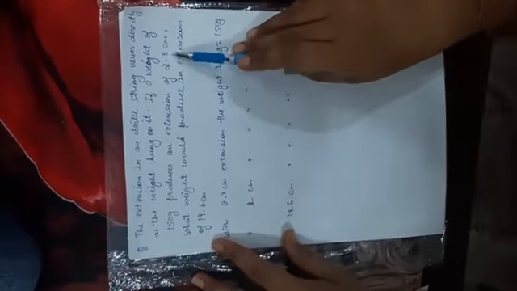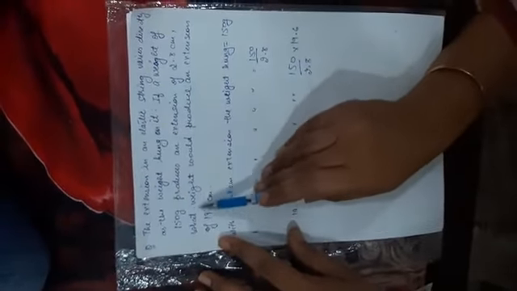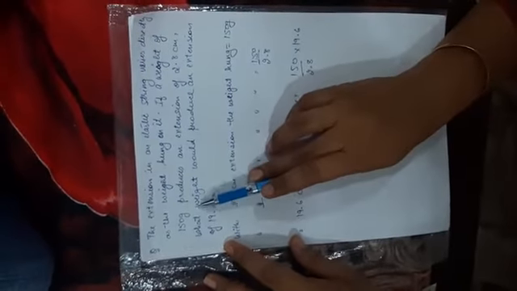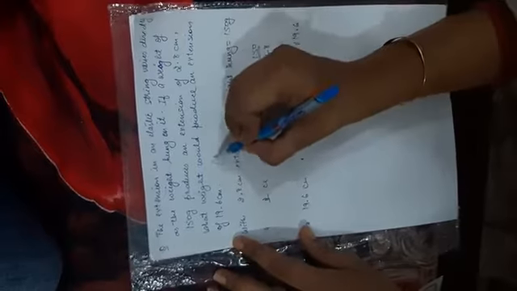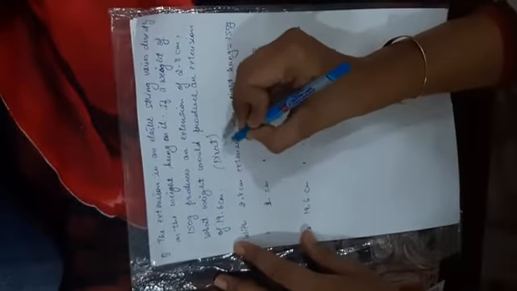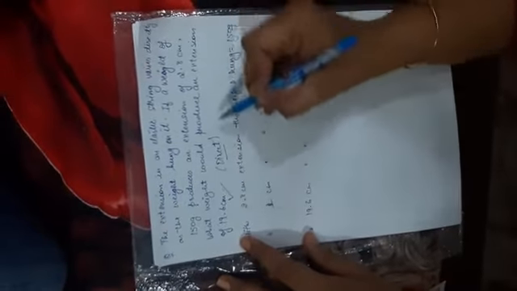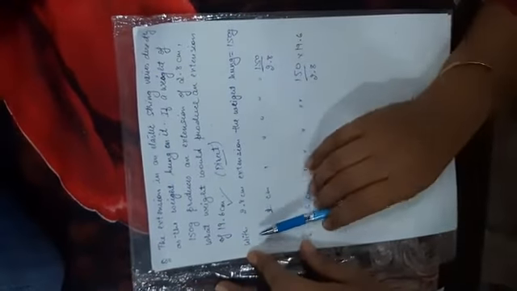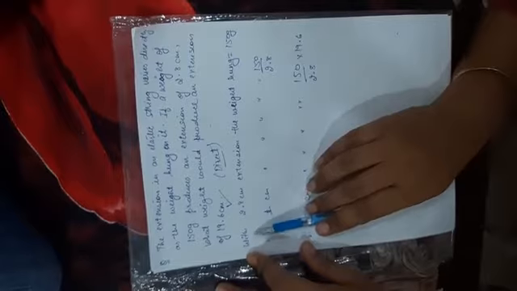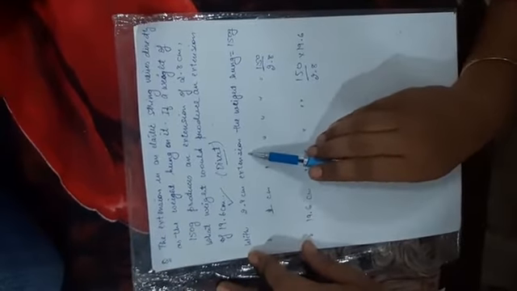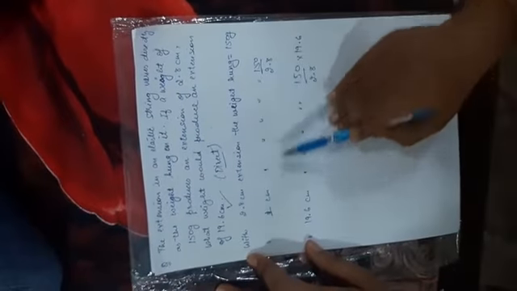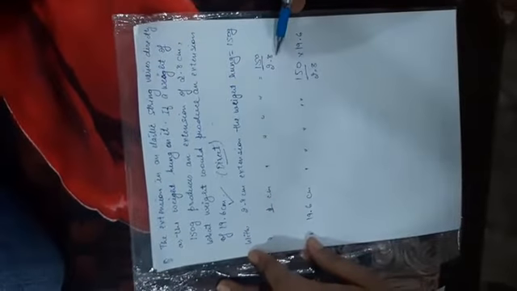Now just see what is there. 19.6 centimeter extension is there. It means more weight is hung on it. There is a direct relation. With more extension, more weight is there. So A by B form again. Just see how we are going to solve. With 2.8 centimeter extension, what was the weight? 150 grams. With 1 centimeter, it is 150 by 2.8.